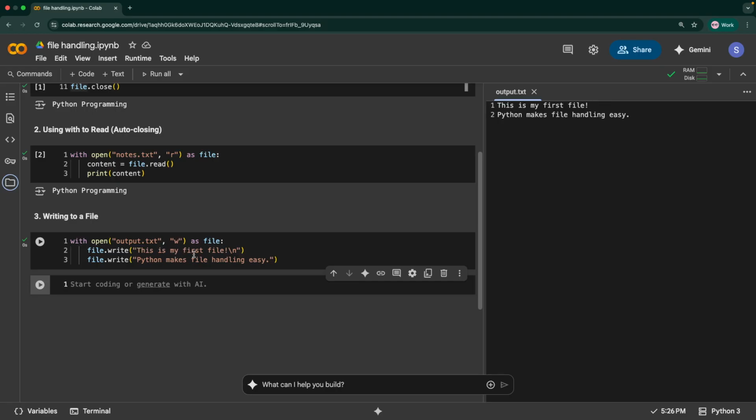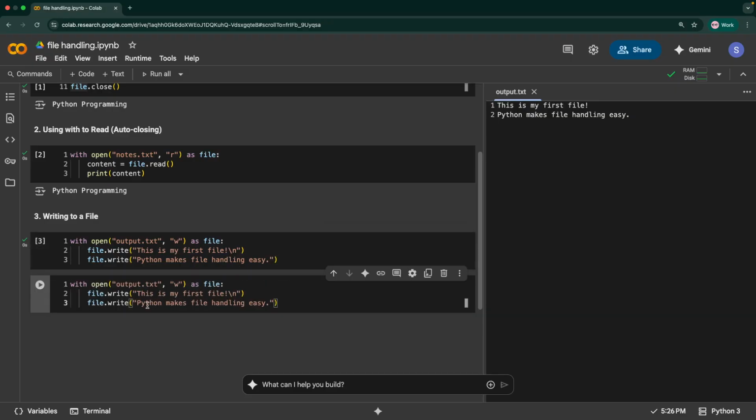If I run the same thing again, it would overwrite the existing file. And we have the dot write method, right? This writes the string data to the file, and we have this new line character \n. This means this line is written as a new line, so whatever comes after this should be present as a new line. And the main aspect of this is that it doesn't add lines, it would simply overwrite it.